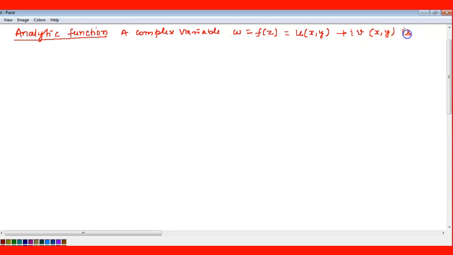It is said to be analytic at the point z is equal to z naught. We are doing this for the Cartesian form because u and v have been taken in terms of x and y, not r and theta. So this one is analytic at the point z is equal to z naught, then for consecutive partial derivatives